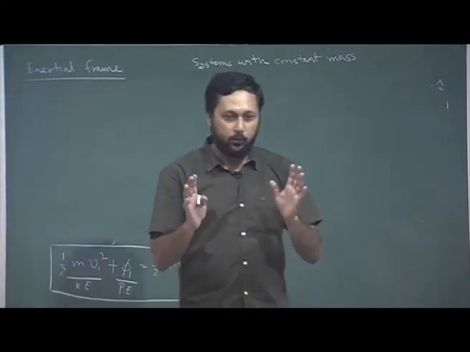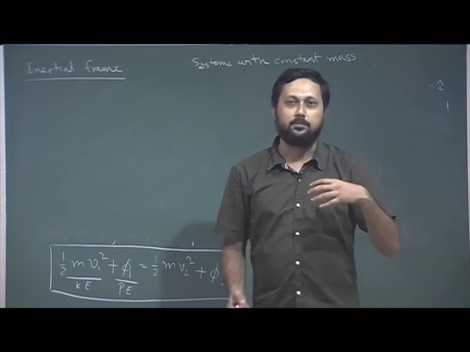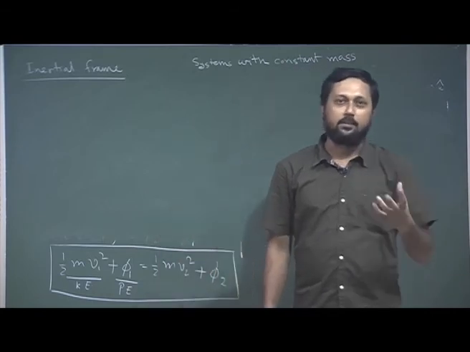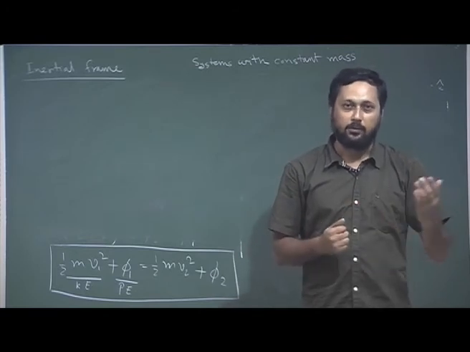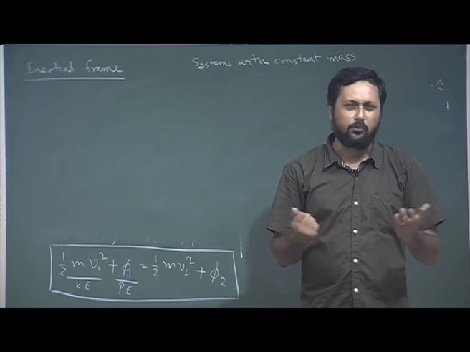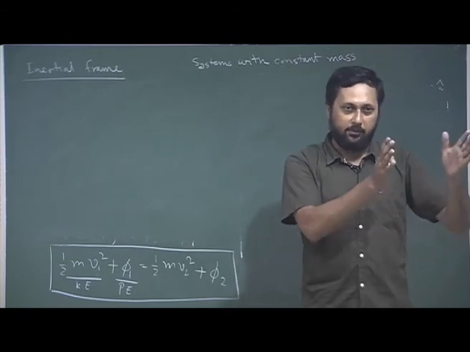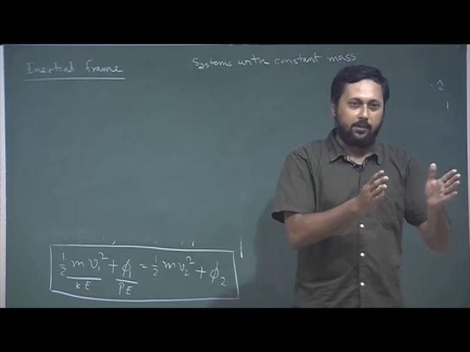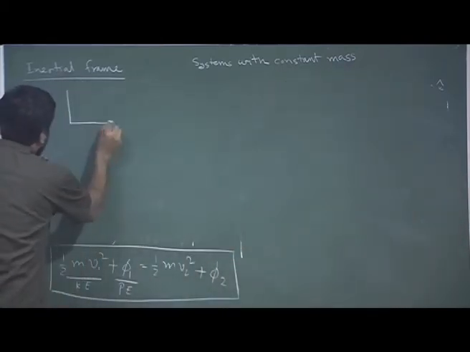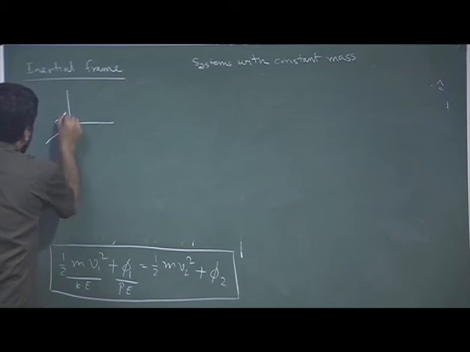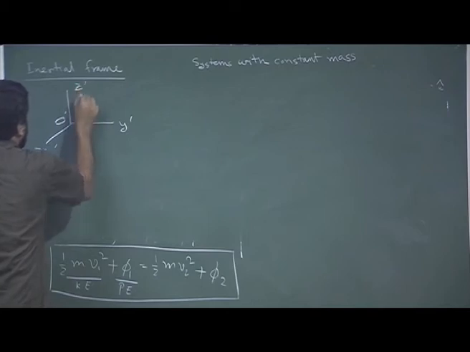We have two inertial frames and we try to construct the equation of motion of a particle moving in a conservative force field or any force field, that is to say, in both the frames. So, we have a frame 1 with coordinate system, let us say O prime, x prime, y prime, z prime,